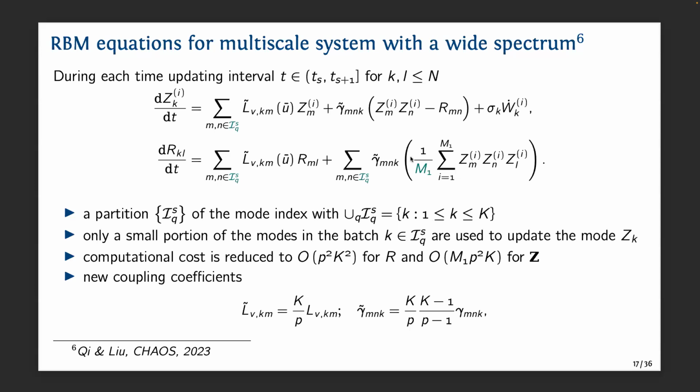First of all, the computational reduction will be huge, because previously it's k to the 4th, and now we just need to add an order of 10 members of the samples. So this is a huge reduction.